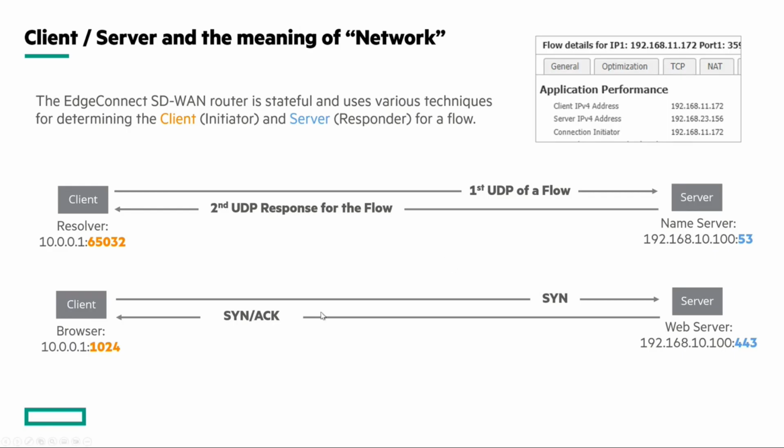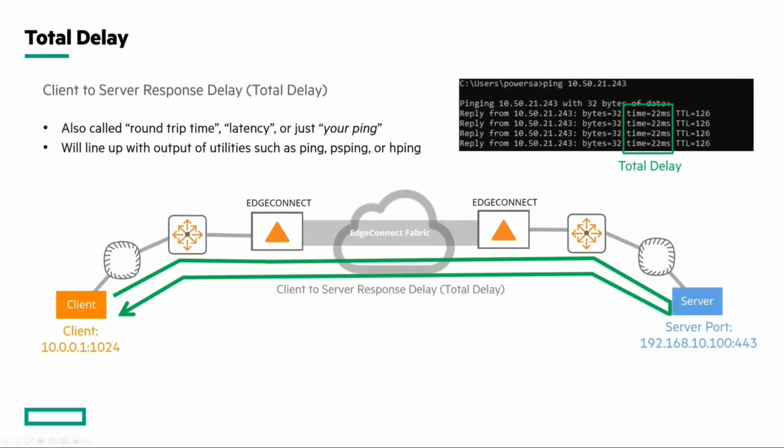But the main idea here is that, and I want you to remember this color, anywhere in the product that you see this orange color, that's client side. And where you see this bluish color, that's server. So for all of these reports we're going to look at and talk about, client is orange and server is blue. Let's talk about what these individual measurements are and what they look like, what they mean,